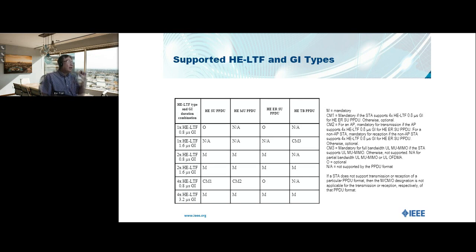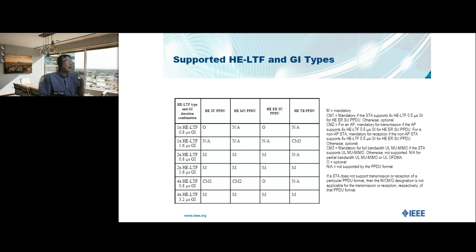So this is a summary of the HE-LTF and the GI types. I mentioned we have different types of LTFs, and different types of GI durations for different environments. You see on the y-axis the LTF with 0.8 microsecond GI, 1.6 microsecond GI, 2x LTF, 4x LTF. As a rule of thumb, generally speaking, the most commonly used combination is 2x LTF for all the non-triggered packets